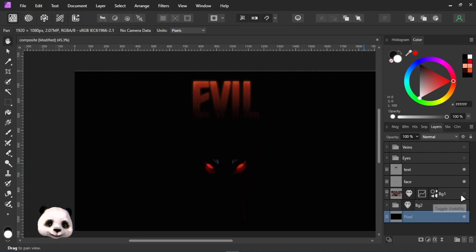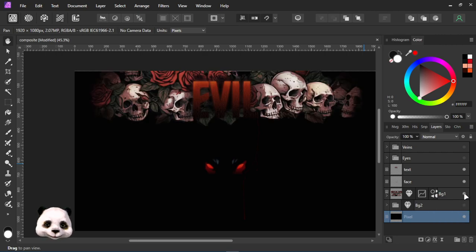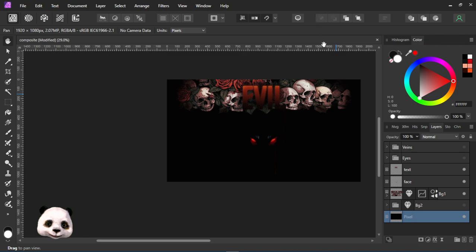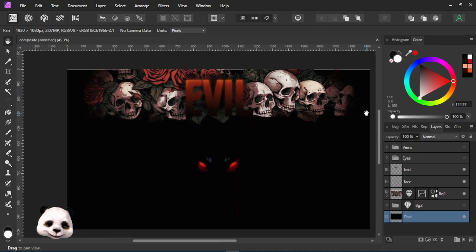And then I have tested with some backgrounds. Now this is the first one, and I've generated this with AI. This is the first version that I went for. And it looks interesting, although the evil is kind of losing its shape here because of the darkness. And I can't move it lower because